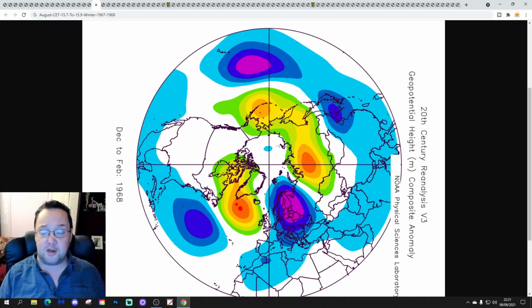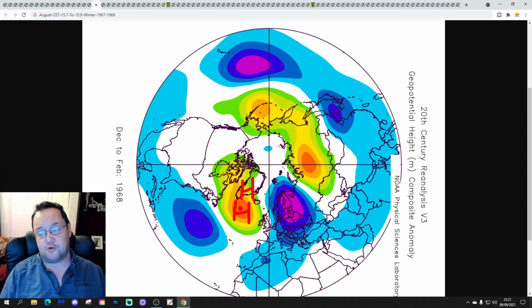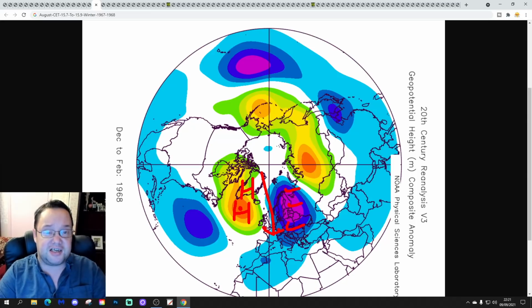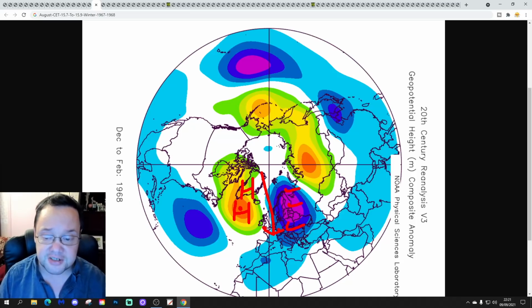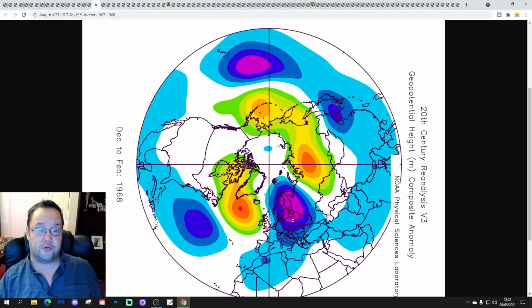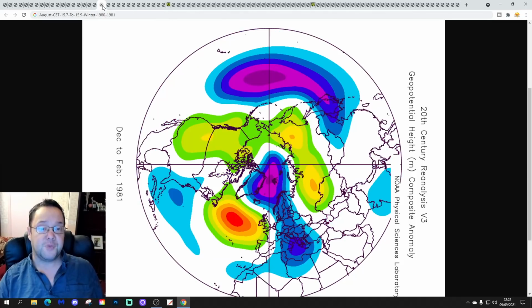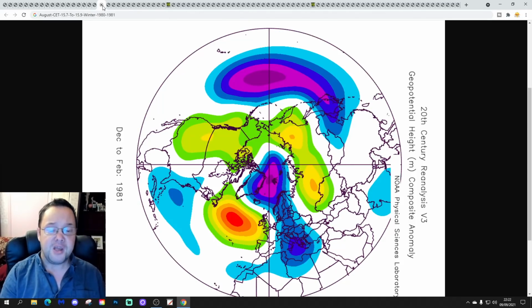This one, a little bit of a colder winter again, with above average heights again extending northwards up towards Greenland in the middle of the Atlantic, below average heights to our east. Again, winds coming in from a bit of a northerly direction. 1967-68 does have regular cold snaps, particularly through January and February of 1968.